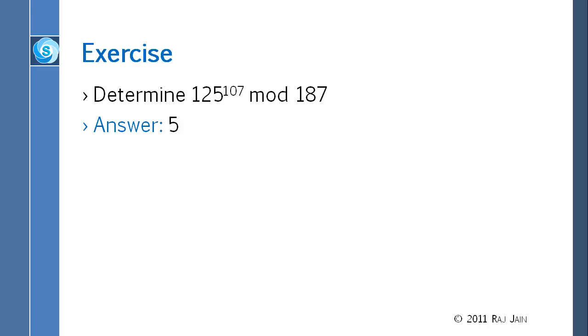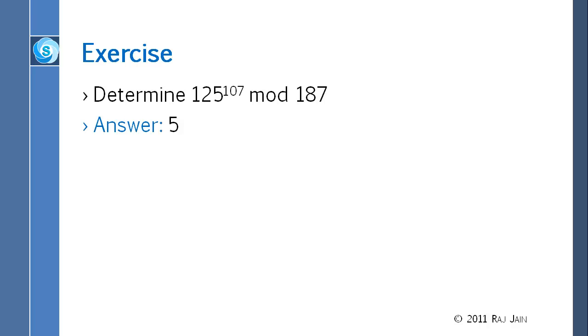First of all, you have to know that 107 is 64 plus 32 plus something. So you start with 125 squared, then the power of 4, then the power of 8, and every time the number should be less than 187. You can go to 8, 16, 32, 64,